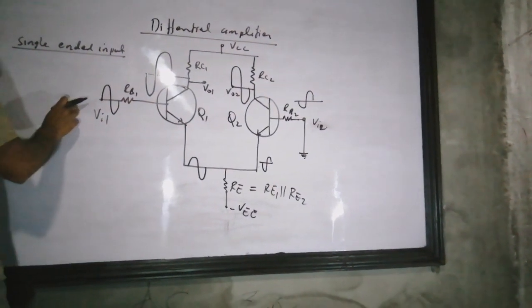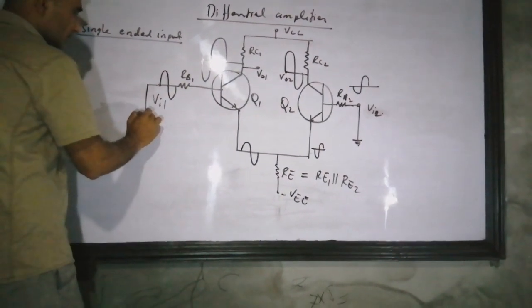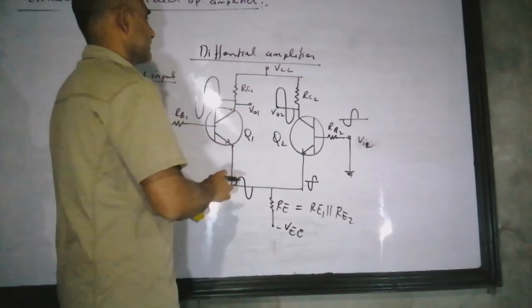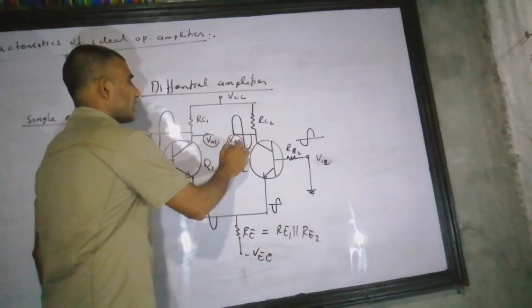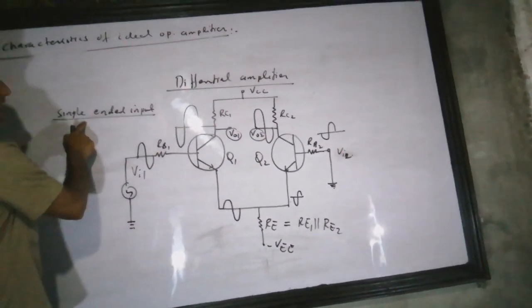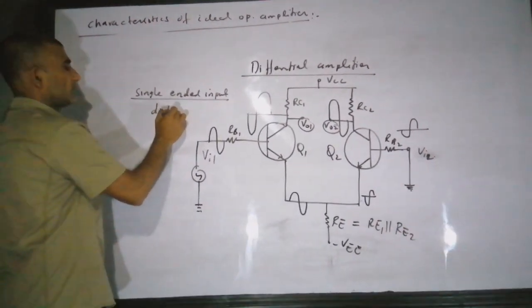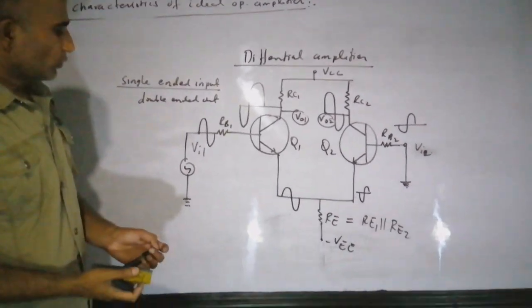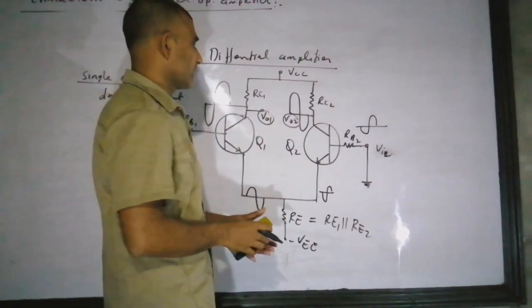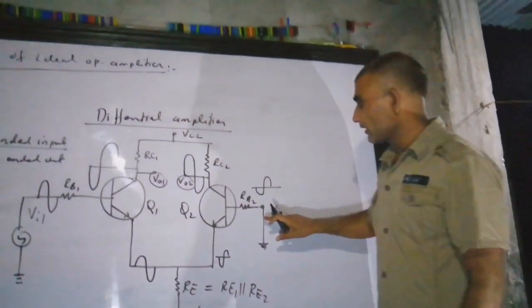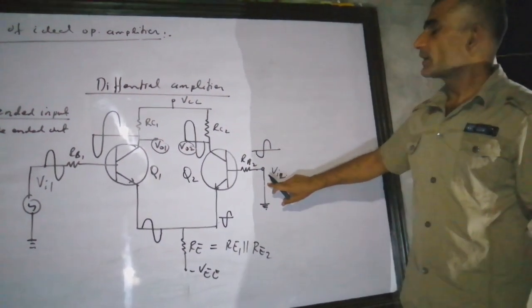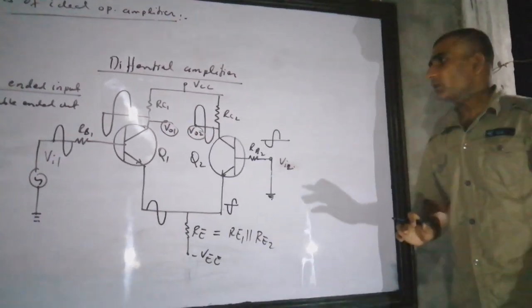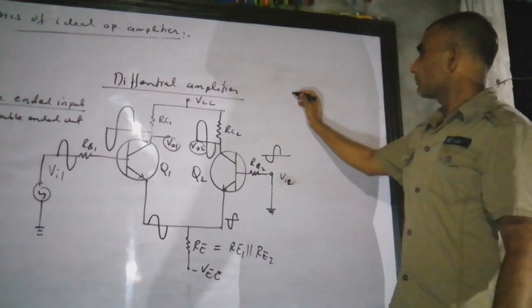Now see, we have applied input to a single input, that's Vin1, but we are getting the output at both terminals, that's the output at Vout1 and Vout2. So this is the single-ended input and double-ended output, and you understand how this works. Okay, likewise, if we apply the signal at input terminal 2, then also we will get the output at 1 also and 2 also. But what we have to notice here, keep in mind,